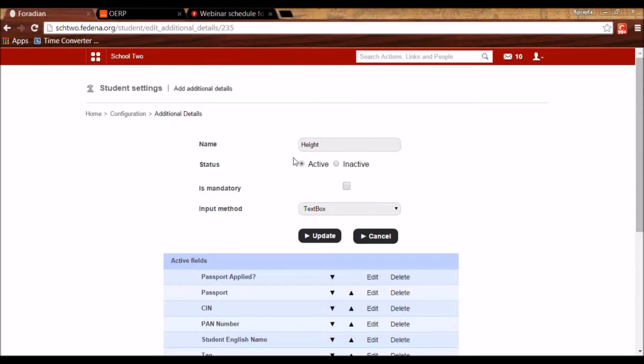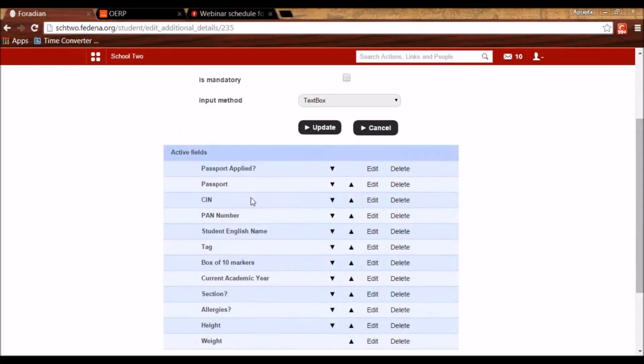I will mention the status and whether it is a mandatory field, and how should I be able to enter the data in it. So this way we can create custom fields. And all these fields will be asked in the admission form now.